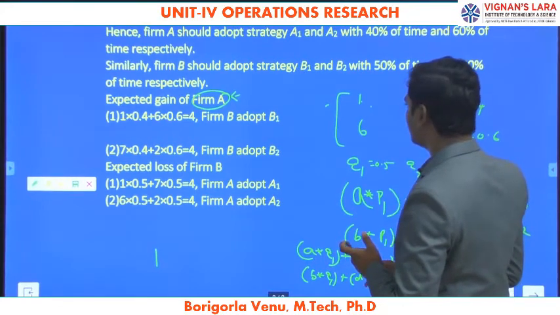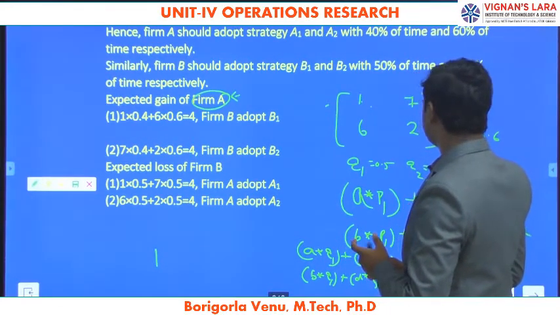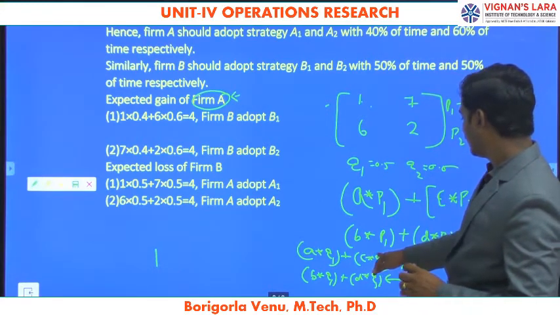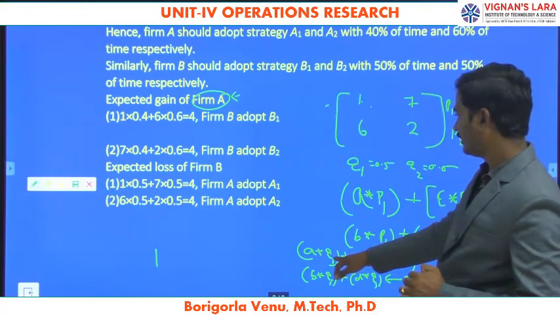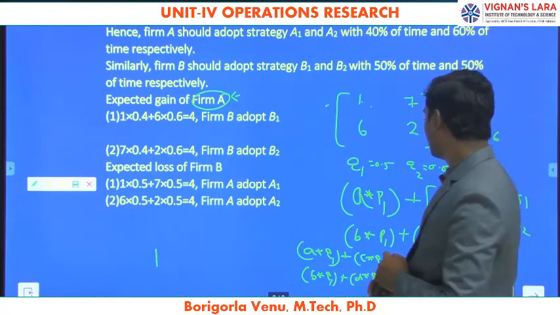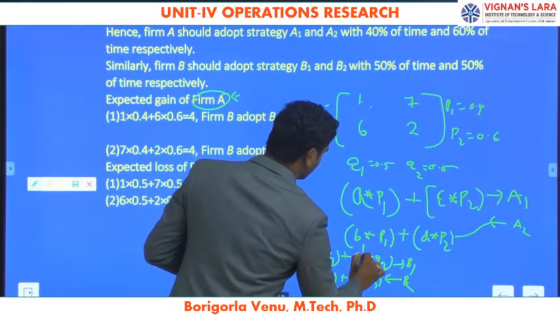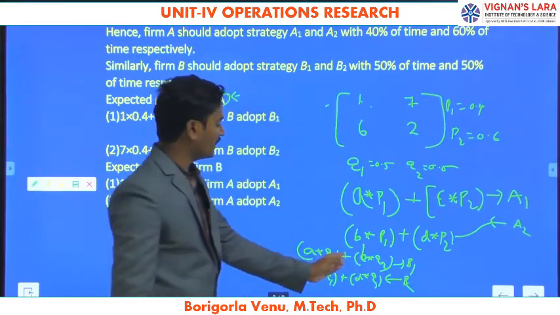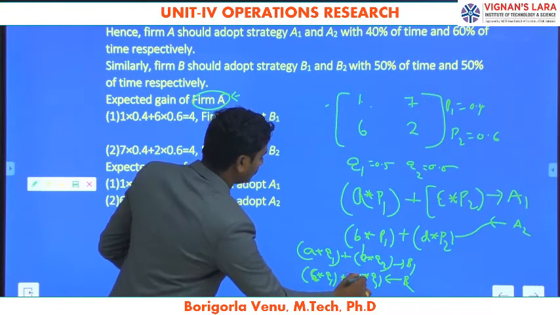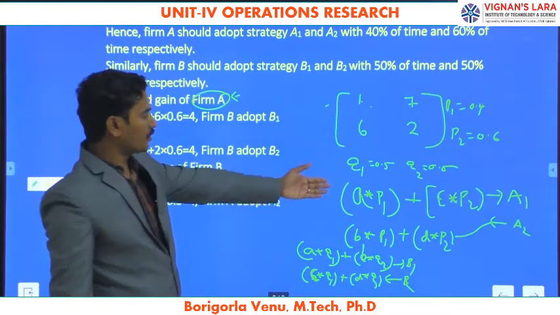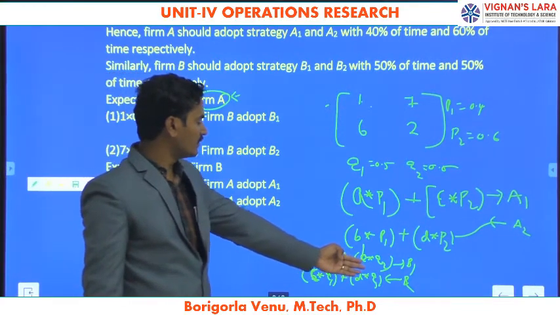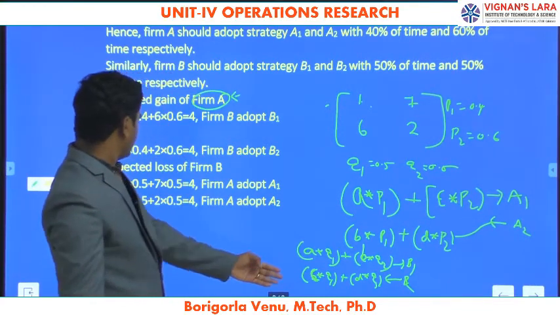Here we made a small mistake, I think. When we are coming to the B payoff, we are going to take the cross matrix, that is A, B, because it is a column. That's why we have to take A1 Q1, B1 Q2, and here we have to take C Q1, D Q2. For the row it is enough. Coming to the column, we are going to convert this. Okay, to another problem.